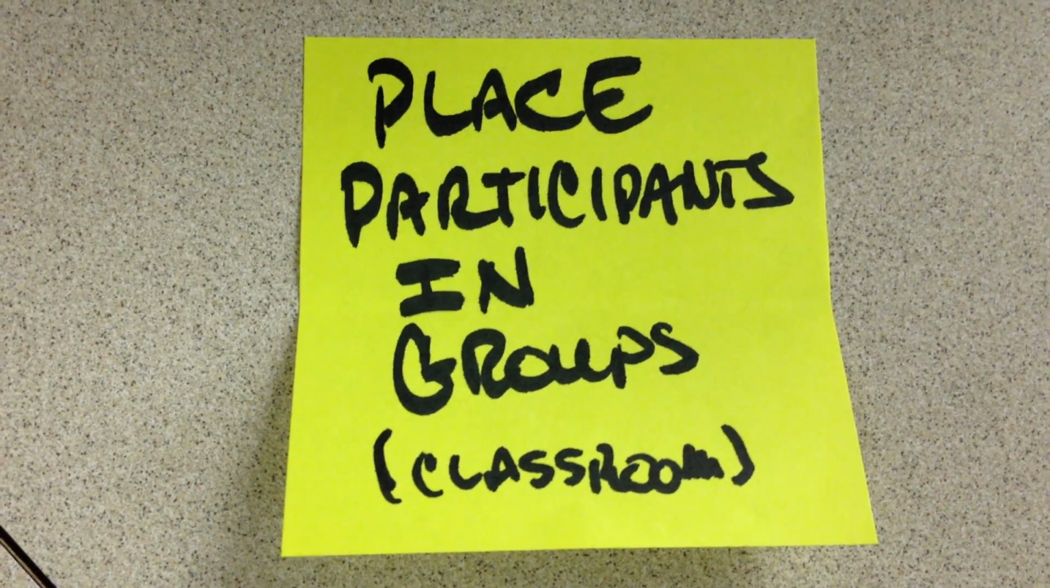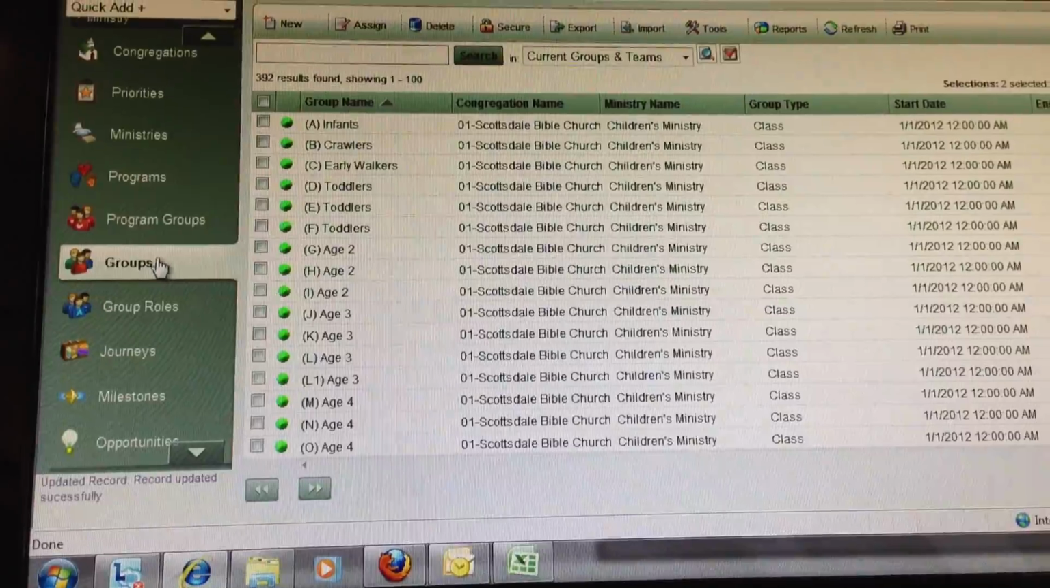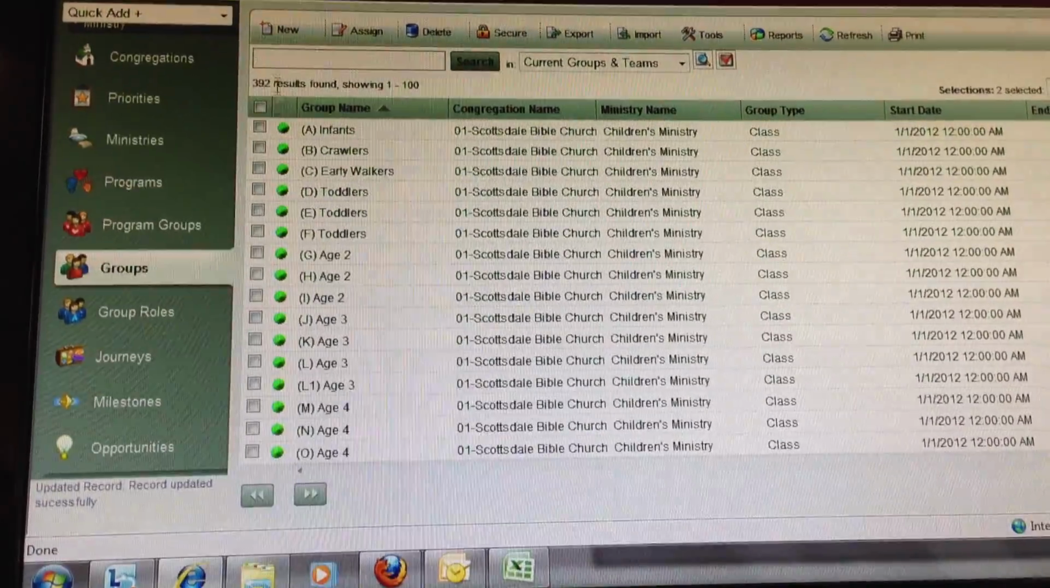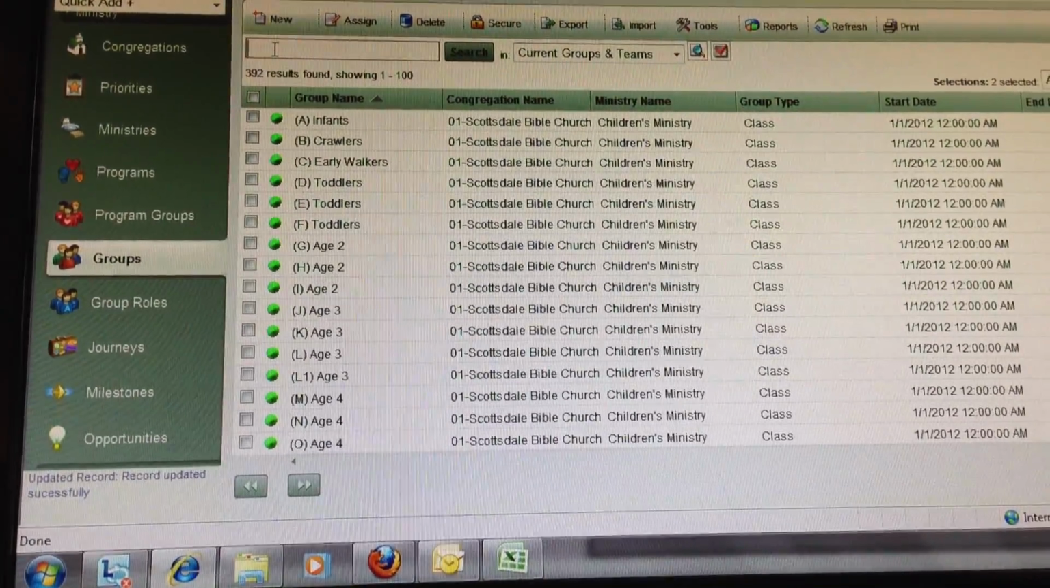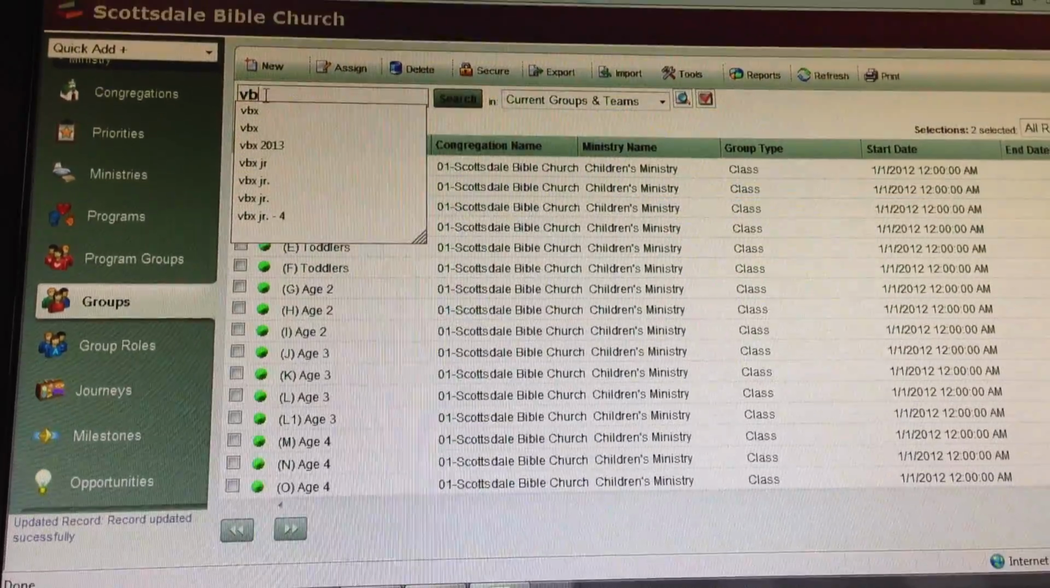How to place participants in groups. I'm going to start us from the beginning. We're going to go to groups, and we're going to locate the group that we want to begin to place participants. So for this example, we'll use VBX